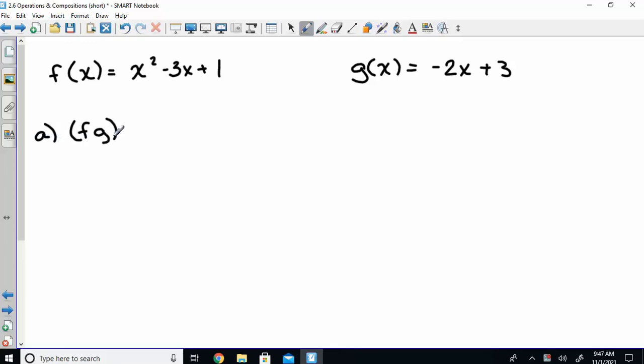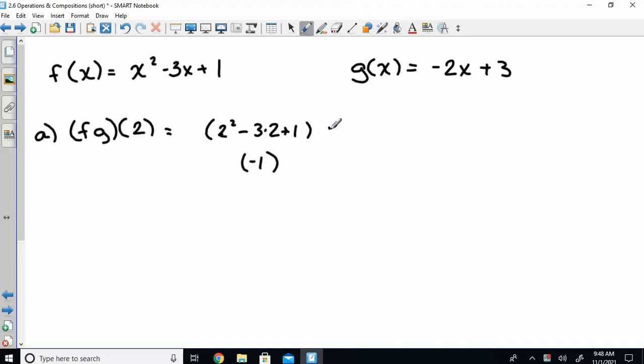f times g of 2. What does that mean? You put 2 in for x. You put a 2 into each of them for your x and multiply those answers together. So if I put a 2 in the first one, you get 2 squared minus 3 times 2 plus 1. So 4 minus 6 plus 1, which gives us